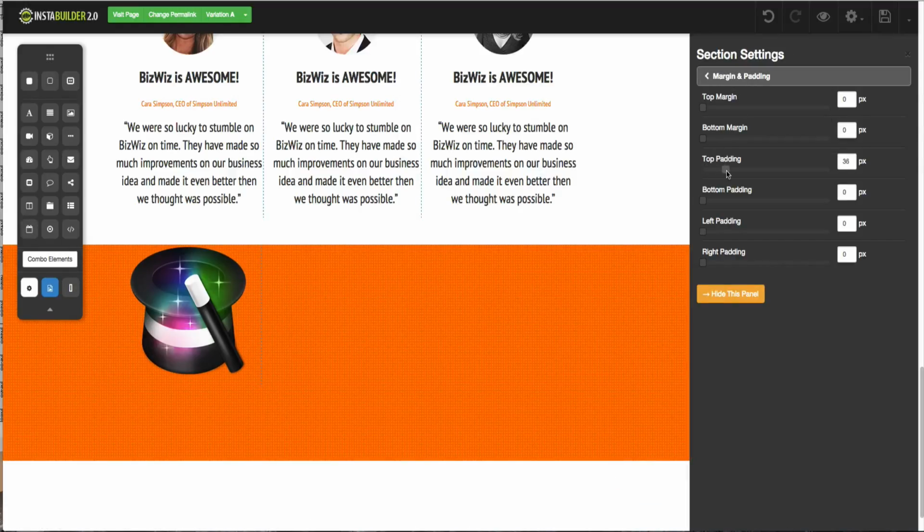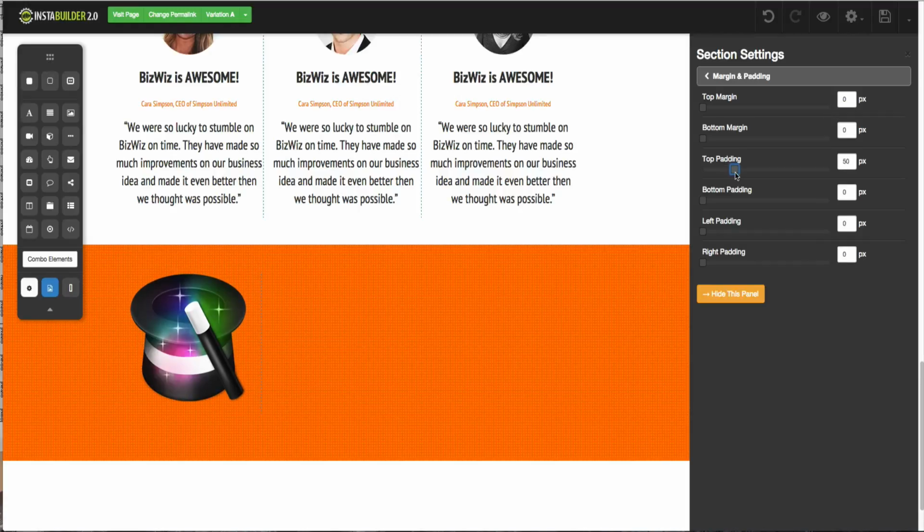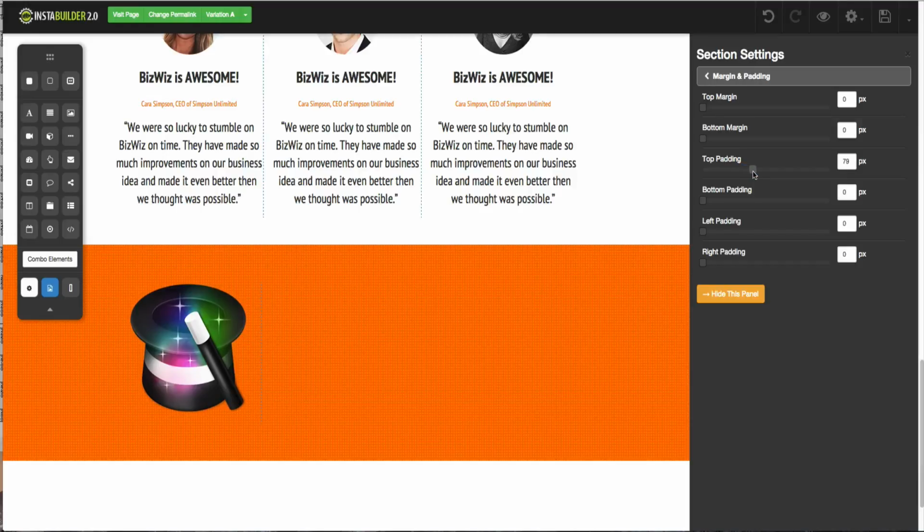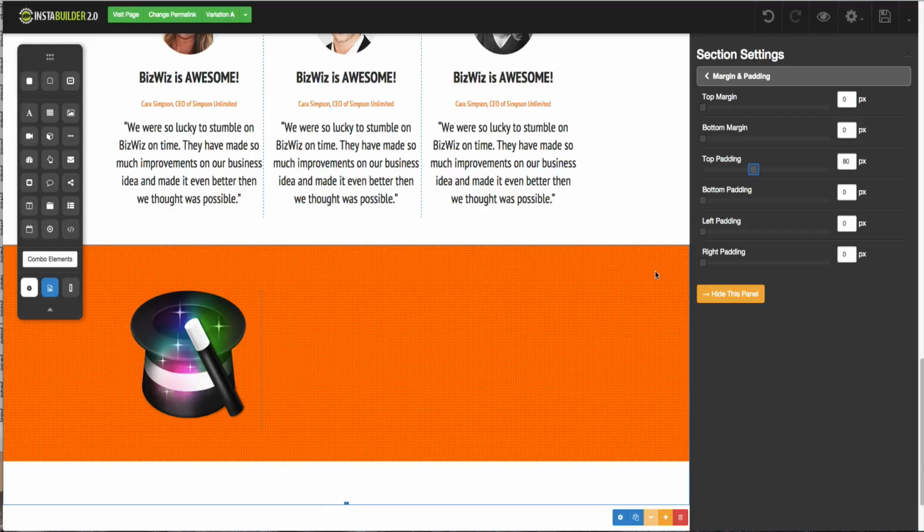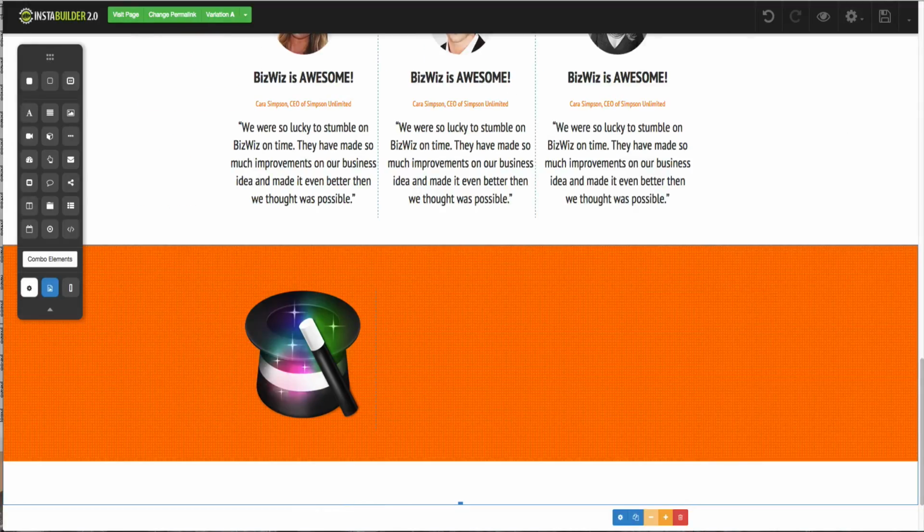So top padding, let's make it 50 again. Maybe that's going to be too much. No, maybe it's going to be too little actually. So 70, 80 pixels. Okay, that looks okay. And now we are going to add